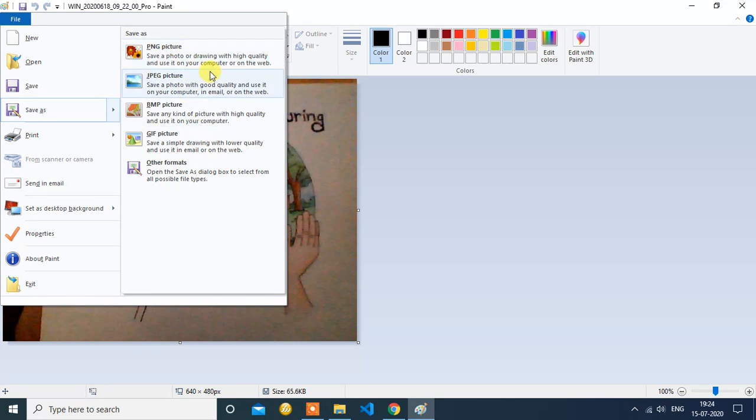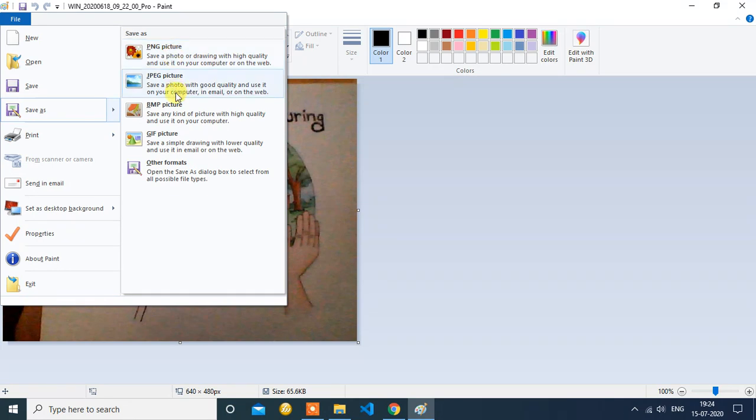PNG file saves a photo or drawing with high quality and you can use it on your computer or on the web. PNG file is used to put any picture on the web and use it on your computer. PNG file and JPG file both take a small file size compared to BMP pictures.